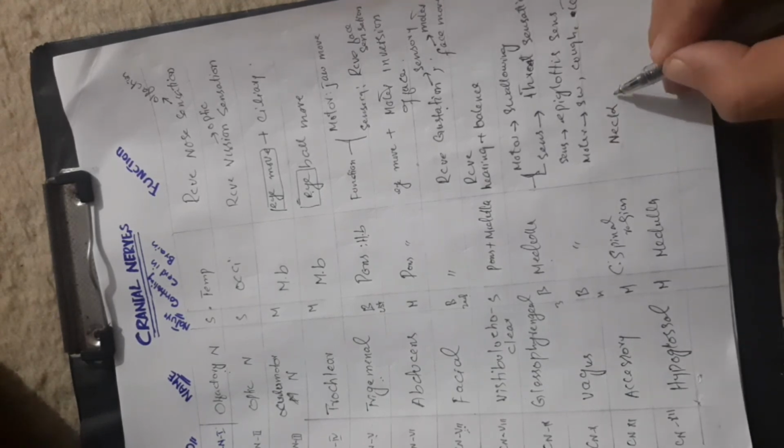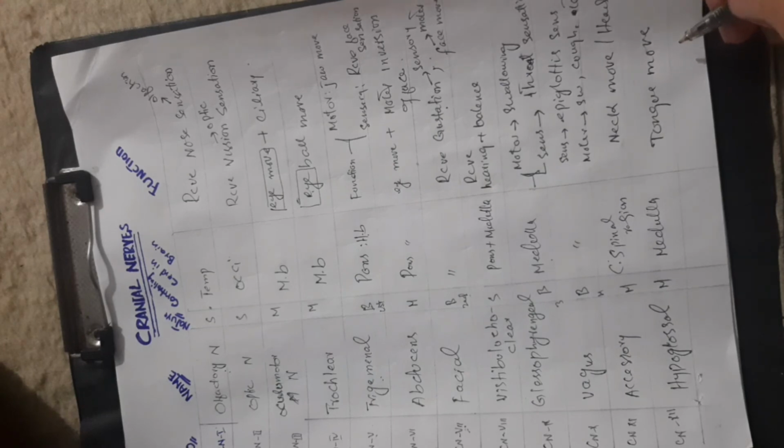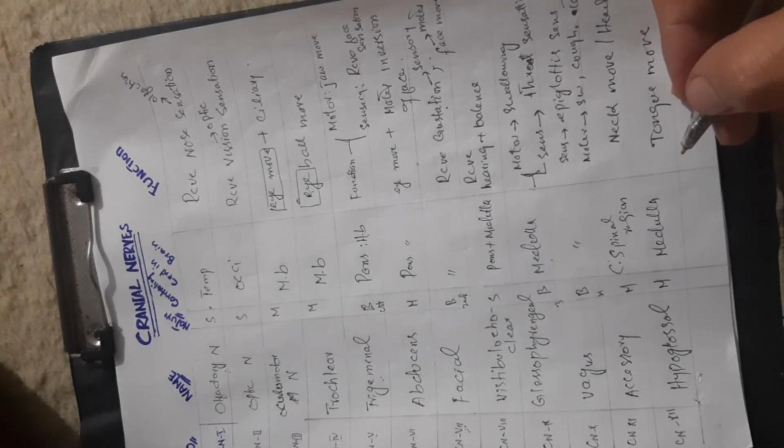The 11th one is accessory nerve. It arises from the cervical spinal region and is responsible for the movement of head. And the last one is hypoglossal nerve, motor in nature, arising from medulla oblongata and is responsible for the movement of tongue. So these are the nerves: